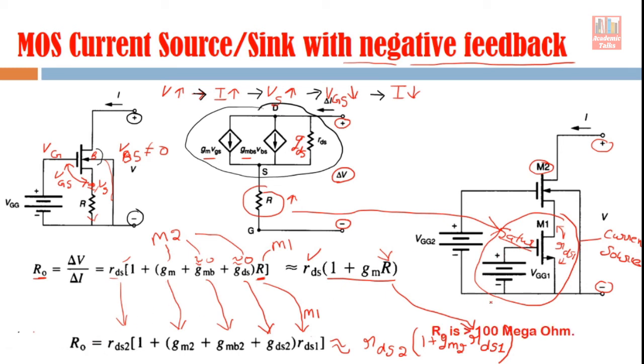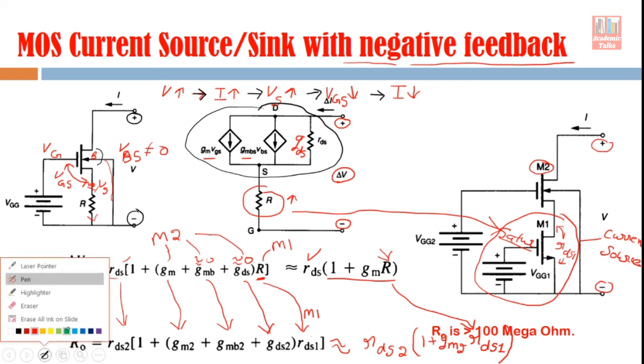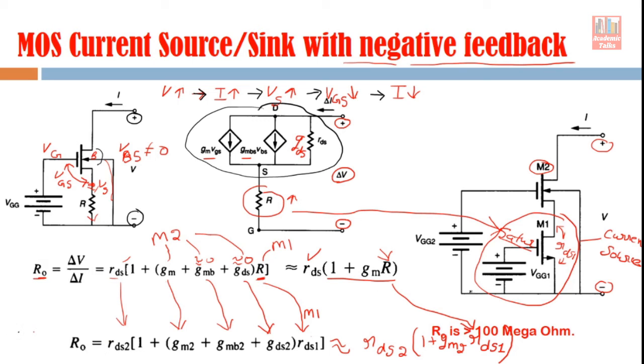So here you see the output resistance. Unfortunately this sentence is here within this red line. So the output resistance here is about 100 mega ohm. I can just change the color. This R naught is about 100 mega ohm. So a significant increase is there. R naught, you see, it's about 100 mega ohm here.